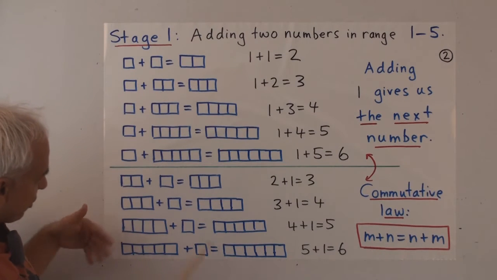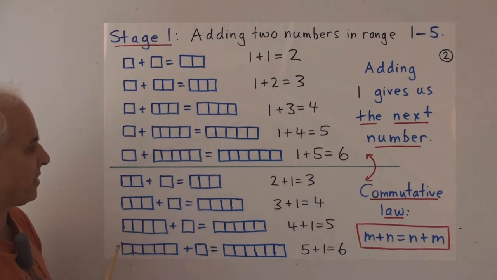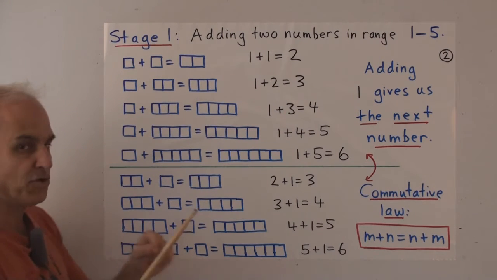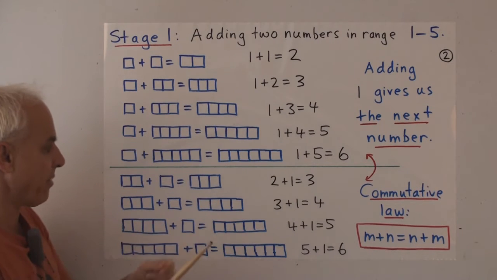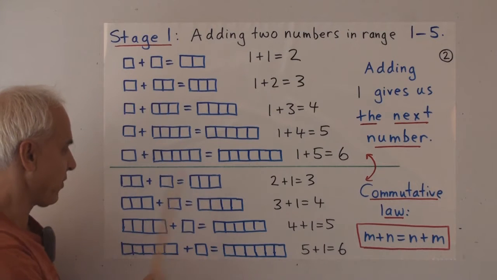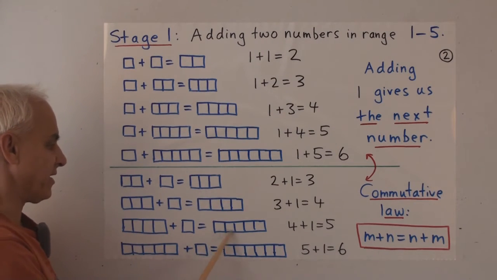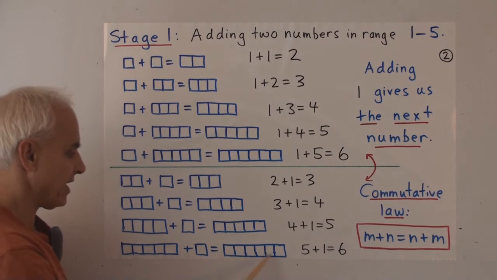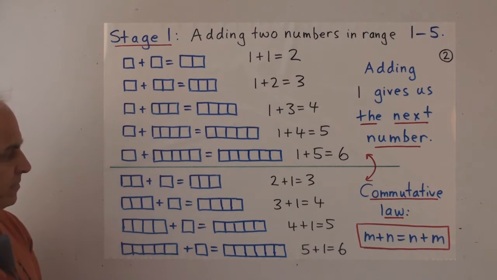Now there's a similar kind of opposite version of the same equations where we add the two numbers in a different order, where we add 1 after the number rather than before. So 2 plus 1, of course it's still 3. 3 plus 1 is still 4. 4 plus 1 is still 5. 5 plus 1 is 6. And there are the expressions in Hindu Arabic form.